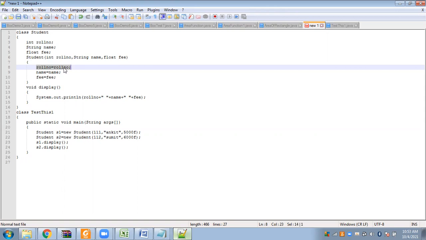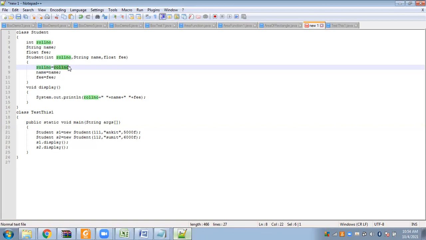Even if you know that the right side is the formal argument and the left side is the class instance variable, the object's roll number, even if you say that, ma'am, this is the formal argument and this is the class instance variable, I might not say that you are wrong, because this is a case of ambiguity.